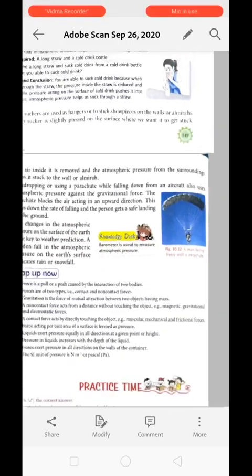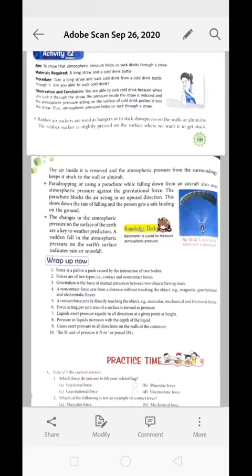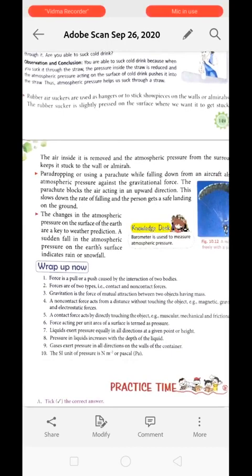It is blocking the pathway of air which is rising in the upward direction. So it is pushing the parachute in the upward direction slightly. In this way, the two forces cancel out each other's effect. But as we know that gravitational force is higher, so the person is still falling to the ground, but at a very slow speed. Okay, and it makes it safe to land on the ground.